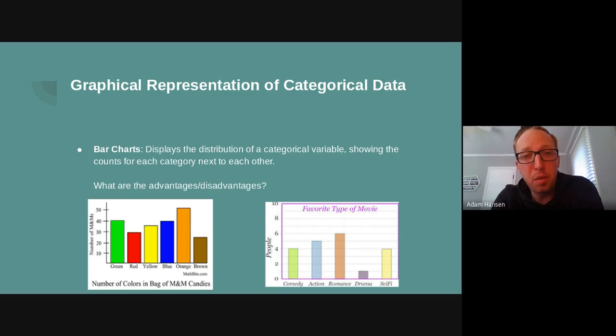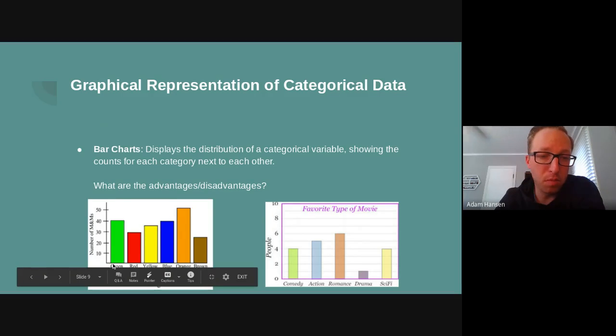So a couple different examples of bar charts. I'm sure we've all seen these before. Our variable would be the colors in a bag of M&M candies. Could be green, red, yellow, blue, orange, and brown. And we display the frequency or count of the number of candies in the bag over here on the y-axis, the vertical axis. Another example would be favorite movie genre. You could have either comedy, action, romance, drama, sci-fi, etc. And then over here on the vertical y-axis, we display the frequency of the people in our sample that preferred those types of movie